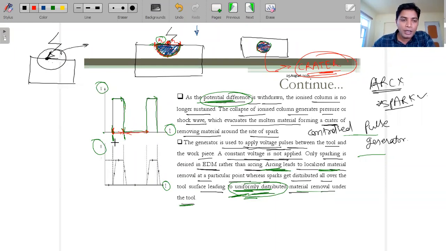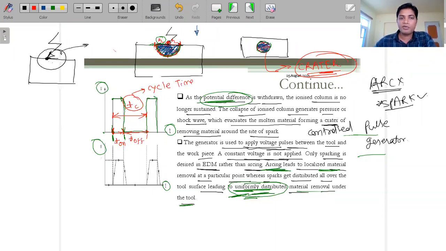So we can say that this is the time during which the power supply is on. I am writing this as t in subscript on. This is the time when there is no power supply, so this is t off. From here to here is basically the total cycle time. Okay guys, so this is tc. It is for a single spark. So this is the cycle time.